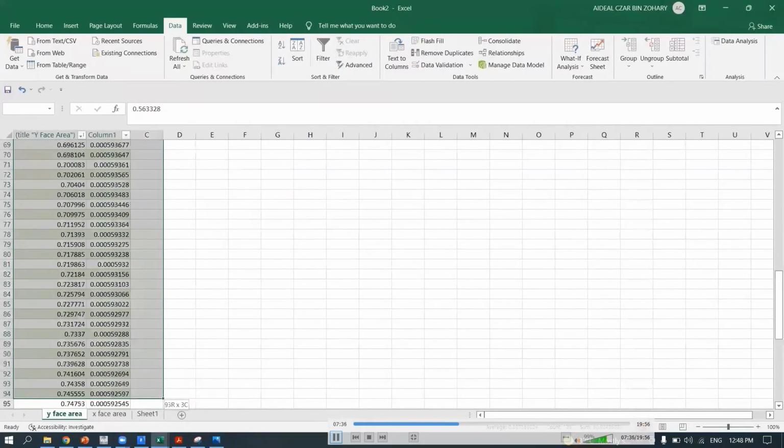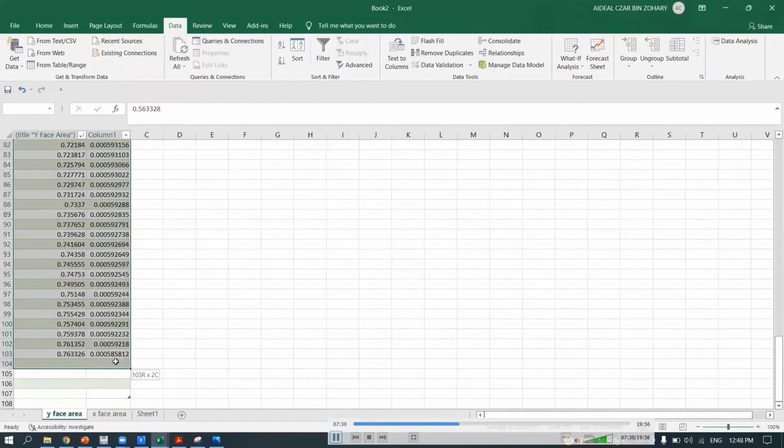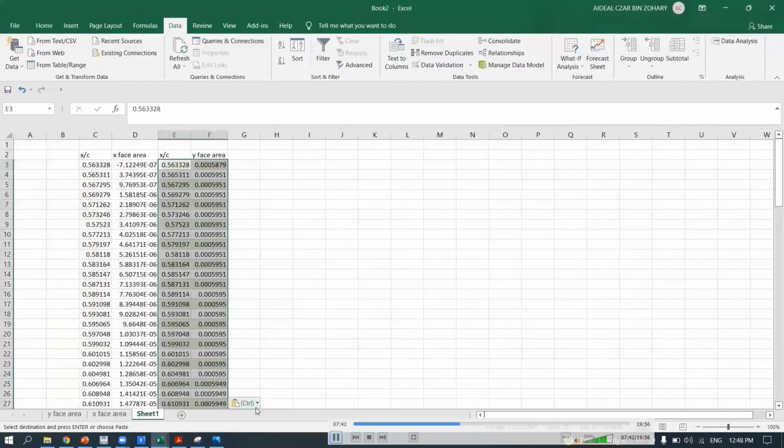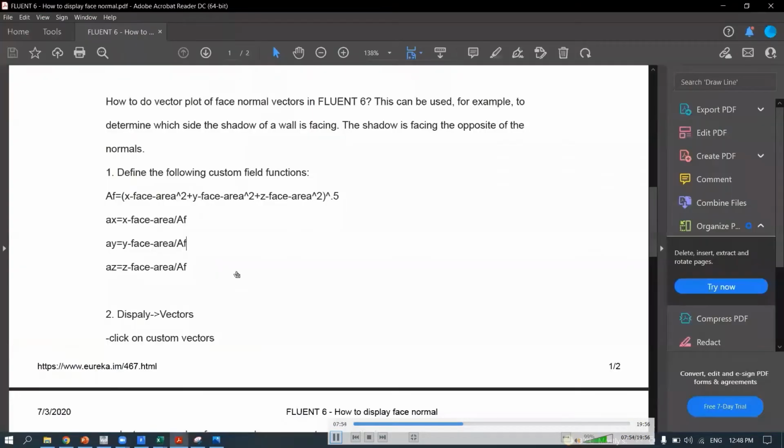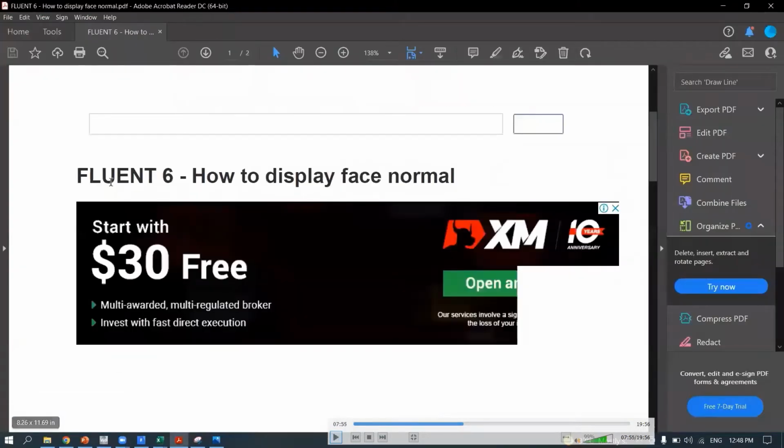Copy and paste. Okay, just to double check, you can see column C and E, they're equal. So the information on the X face and the Y face area is accordingly. Now in this